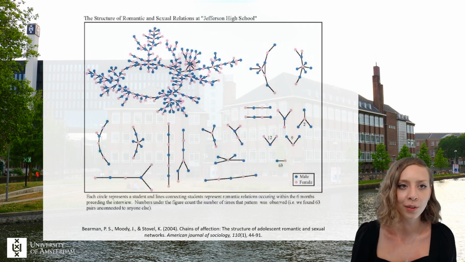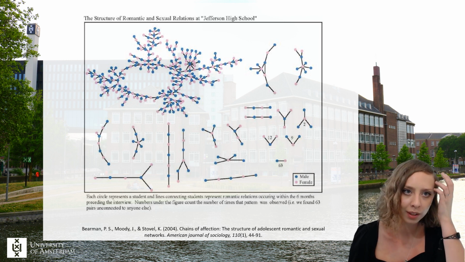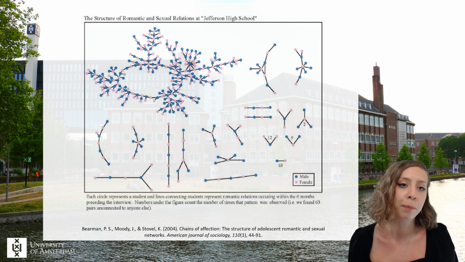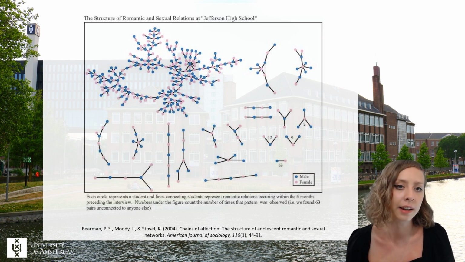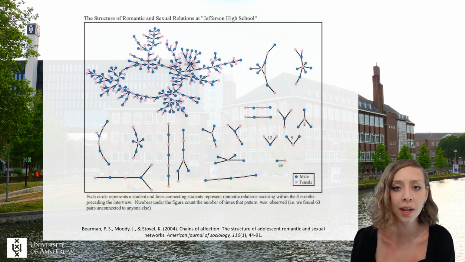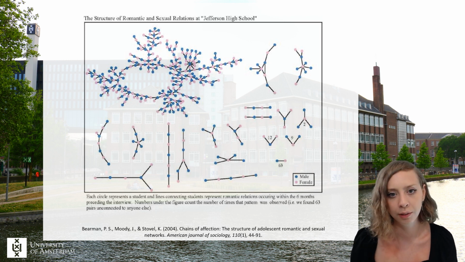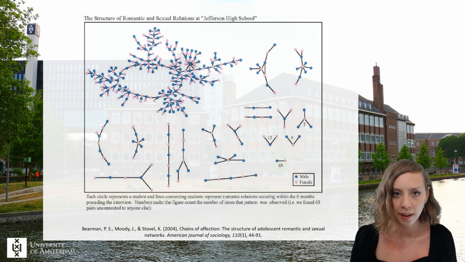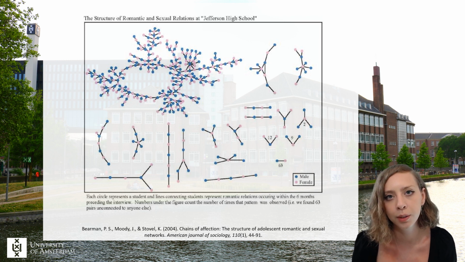Okay, this is another example. This is from high school students, and this shows the patterns in their dating in a high school. If we look at every node, every circle, we have blue and pink circles. The blue circles are males and pink circles are females. And then the researchers simply asked everybody in the high school, who have you dated? And then built a network based on that information. And this network has some very interesting properties that we could study.